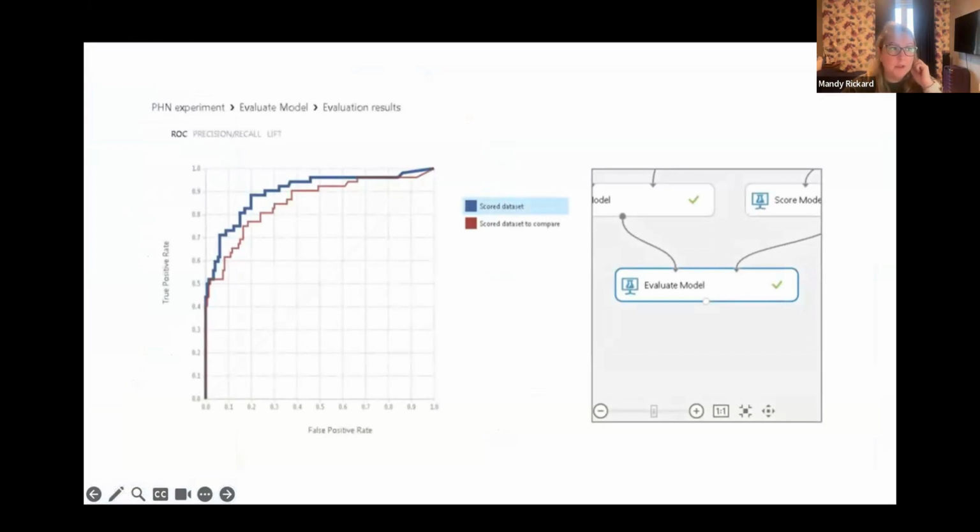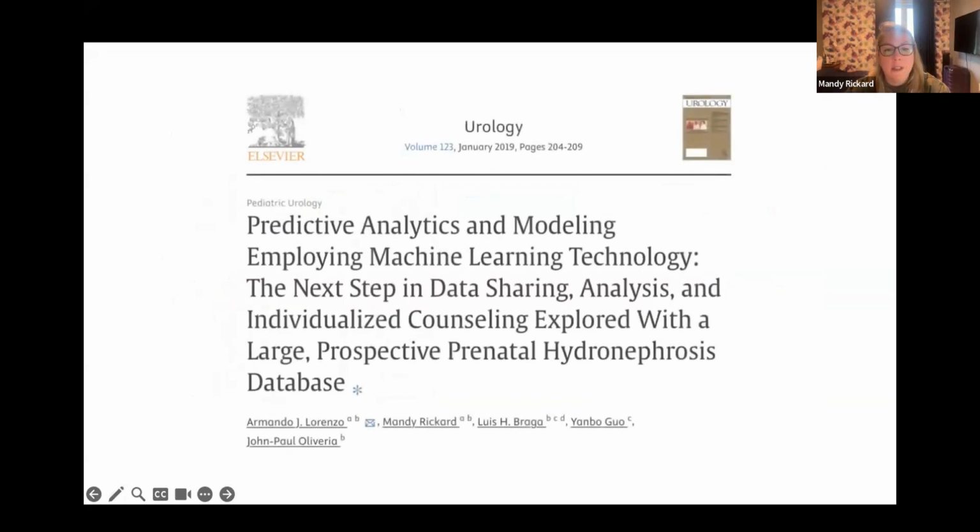And what this algorithm showed is that there was an excellent area under the curve of 0.9, and the accuracy was 0.87. And the major benefit of this type of technology is that it was free, easily available, and extremely fast. The average time that it takes to perform all of these tasks is about 5 seconds, which is very impressive when you consider that it takes hours to do this using traditional statistical software. And so this early exercise in machine learning resulted in our first paper on this topic in 2019.